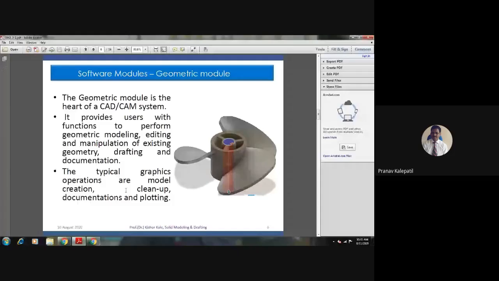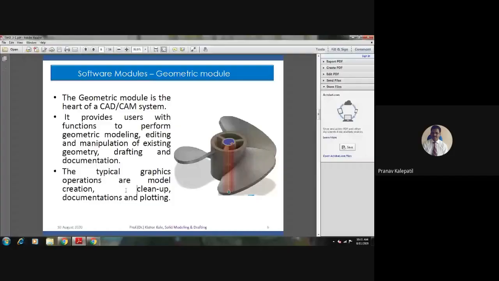Sometimes we do a lot of operations, because that is not actually our aim. Suppose you might have come across the terminology Boolean operations in mathematics. Have you heard the word Boolean operations? Yes.